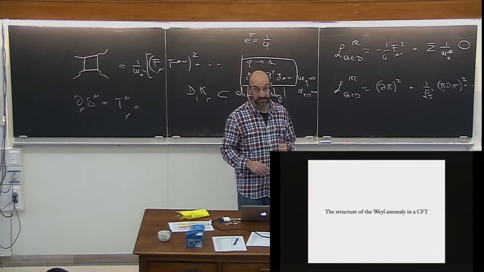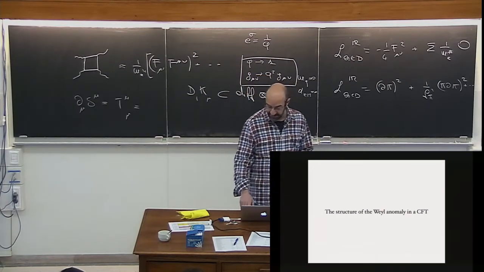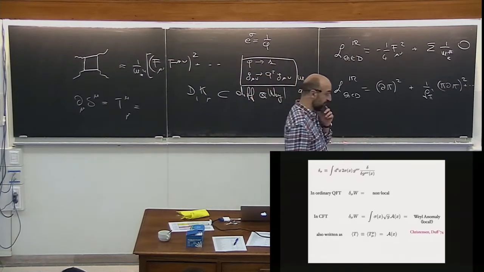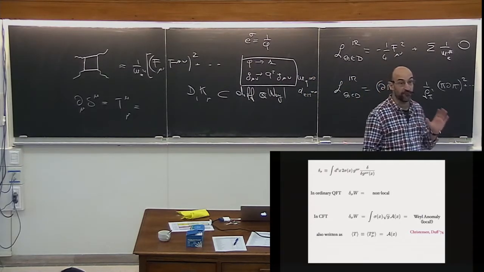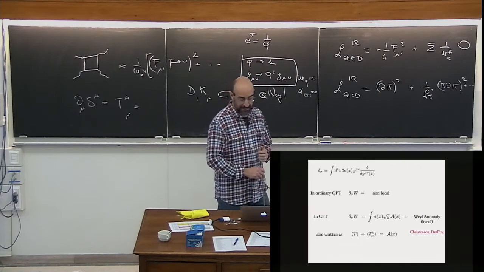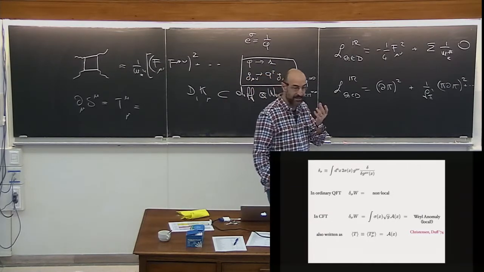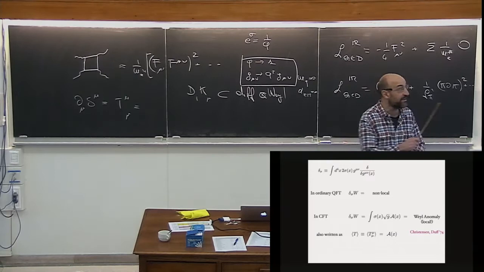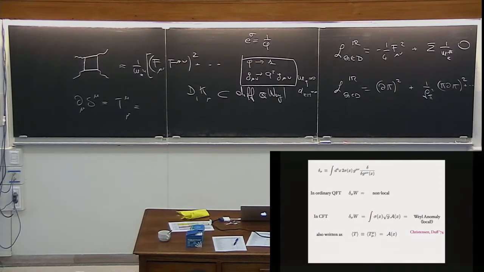So let's now consider the structure of this Weyl anomaly. The Weyl anomaly is the variation of the quantum effective action of a conformal theory under Weyl transformations. It has the property, like all anomalies, of being the derivative of something. It is the derivative of a certain functional with respect